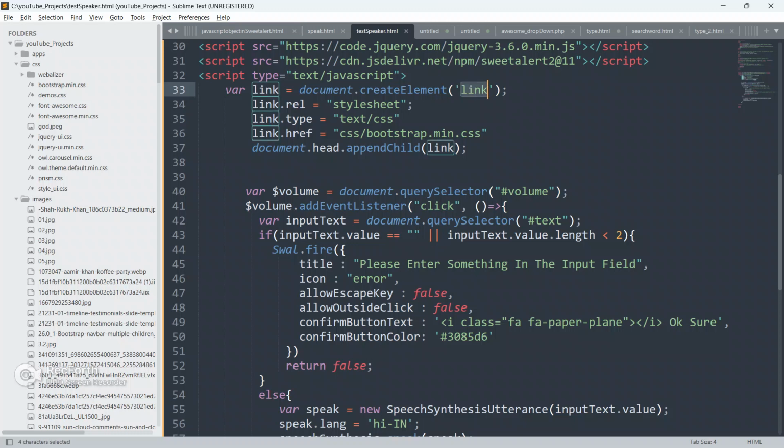So see guys, there is nothing. I have created a document.createElement link file, okay, and I have given the rel as stylesheet. I have given the type as text/css. I have given href also. This is the folder, this is my folder name, guys, and this is the file name, bootstrap.min.css,